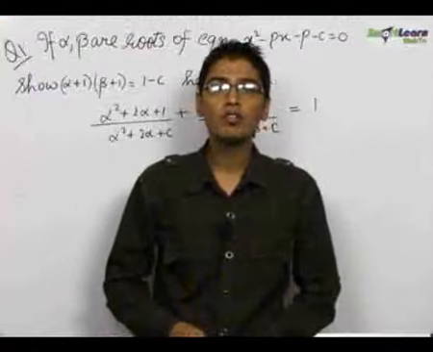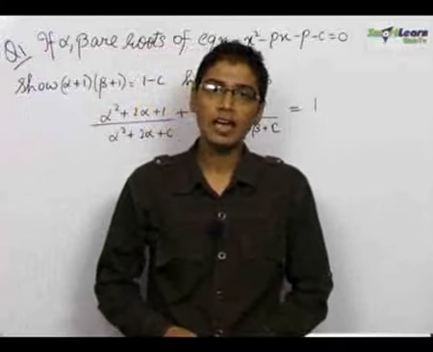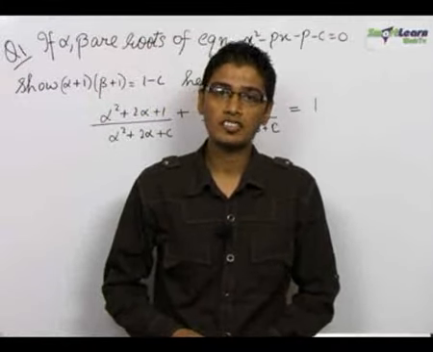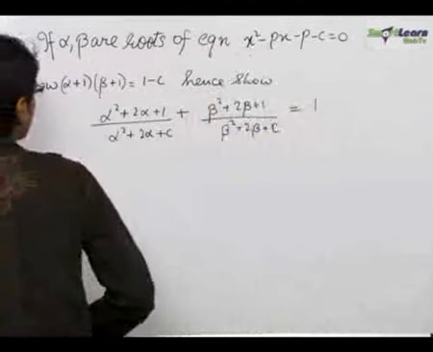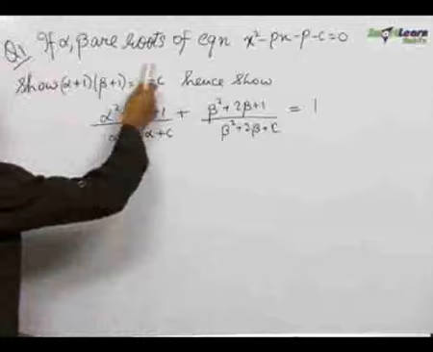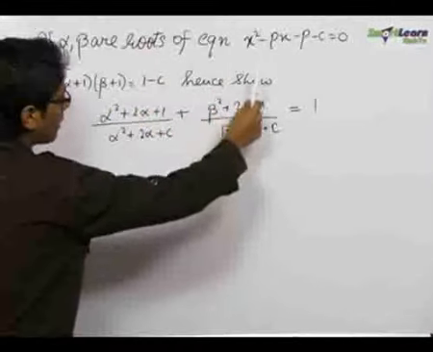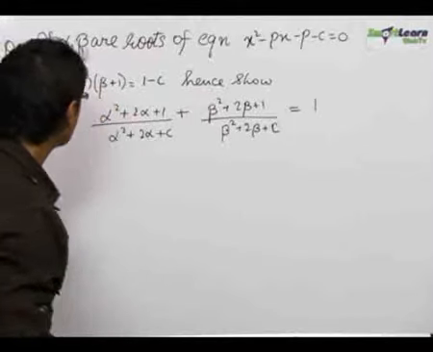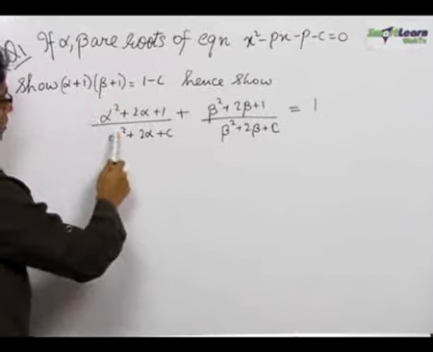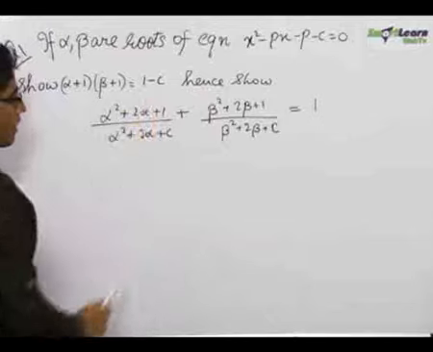In maths, now we would be starting with the basic and the most important chapter of algebra, which is quadratic equations. Our first question says, if alpha and beta are the roots of equation x square minus px minus p minus c equals 0, then we need to show that (alpha plus 1)(beta plus 1) equals 1 minus c,